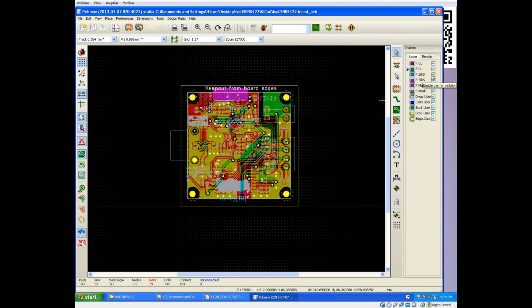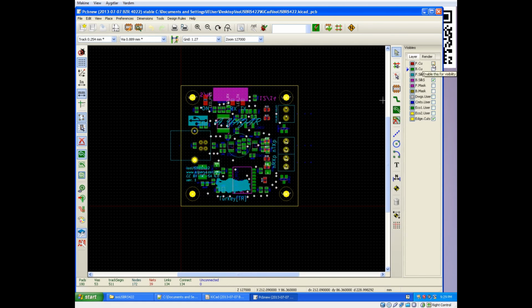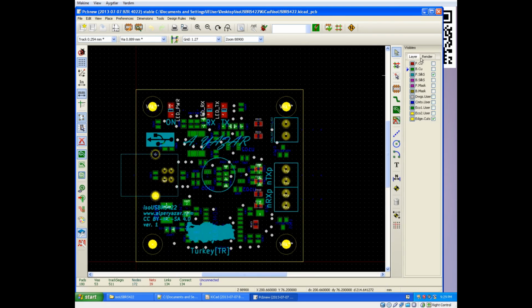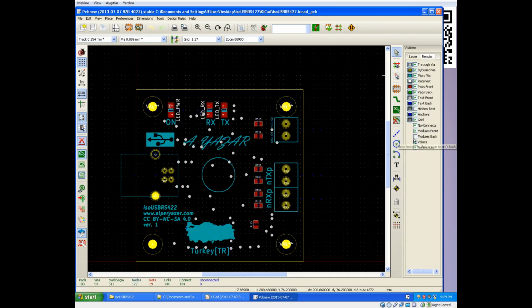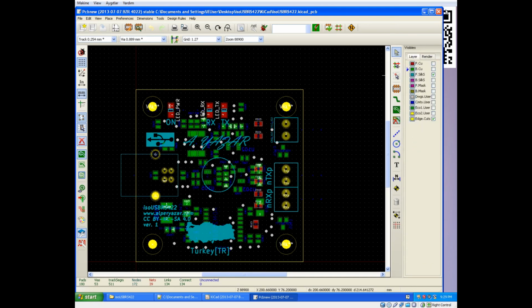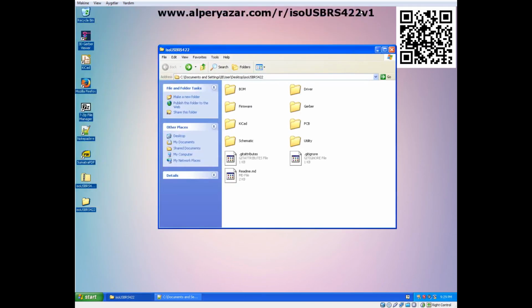And all layers. All layers look okay. Good. No problem. Okay, these are the files of the ISO ESP 422 project.